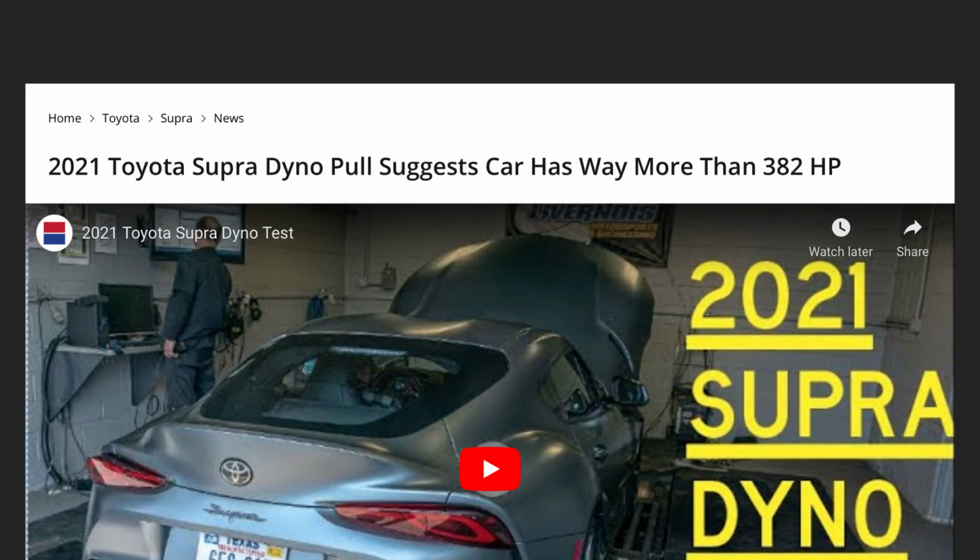Now when we compare that to the Supra, it's stated at 382 horsepower from factory. That's what the Supra puts down at the wheels, basically, like 370 to 390 depending on the weather and stuff. If we look at the crank of the Supra, it's probably more like 440, 450. I'd have to run those numbers. I think the Nissan Z is going to be a good buy if you are looking for specifically a manual, high horsepower car. Now, with this engine, I've done a lot of research, and from talking to friends with Q60s,